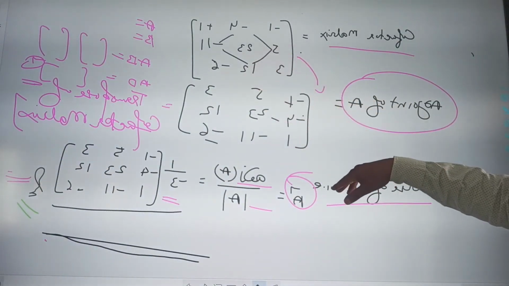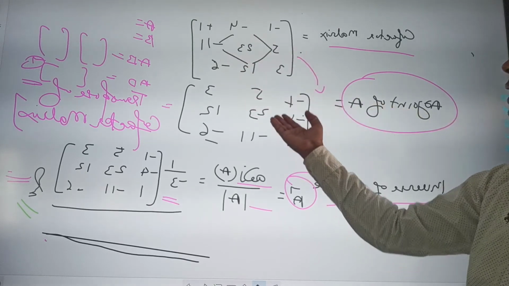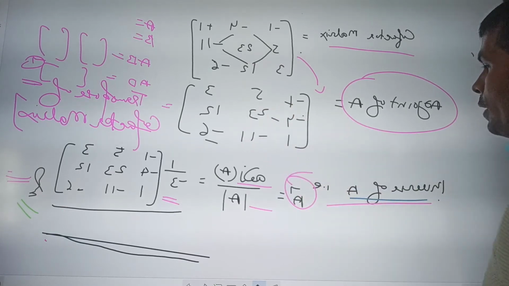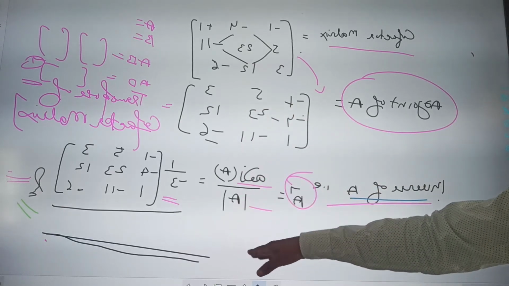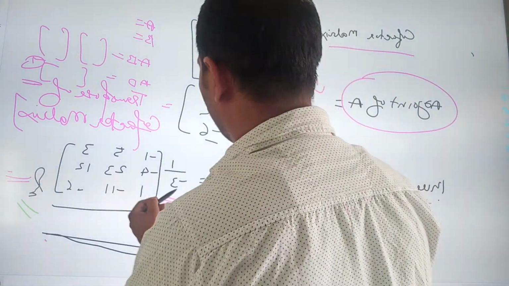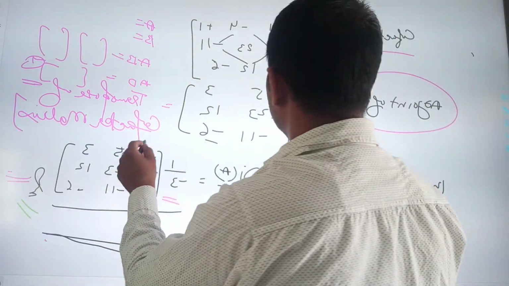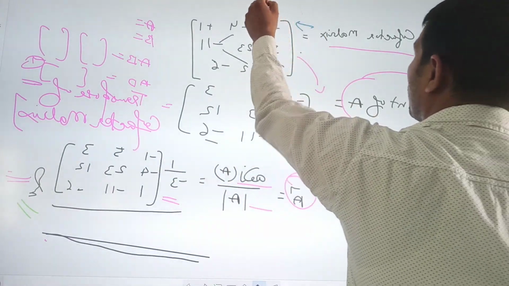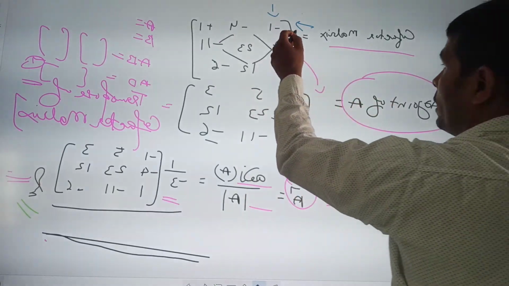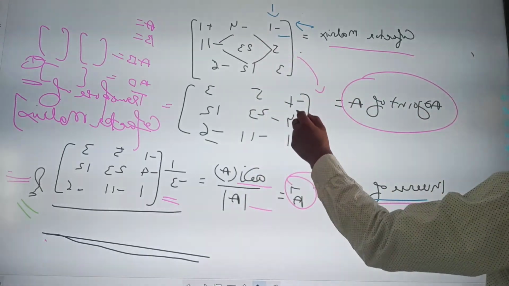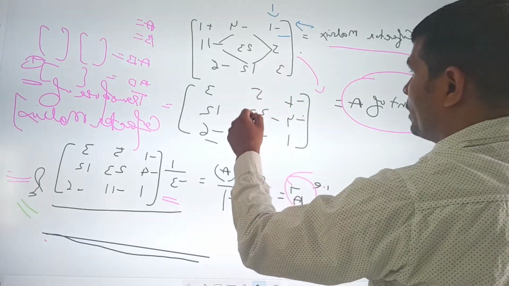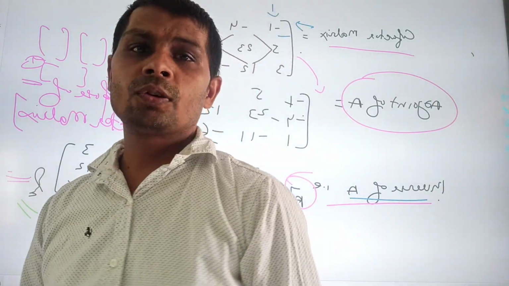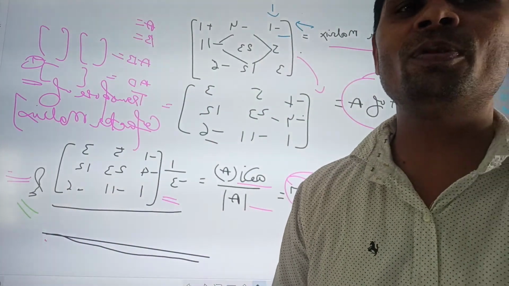Then for the adjoint of A, you have to take the transpose of this. Calculating the transpose gives this, then inverse of A equals adjoint of A divided by determinant of A. The determinant of A was -3. This is the transpose of this one. You can see here this is the row and this is the column. Transpose means, as I told you, take this row and convert it into a column: 1, -1, -4, 1, and this is 5, -2, 3, like this. So I think this is clear to all of you.